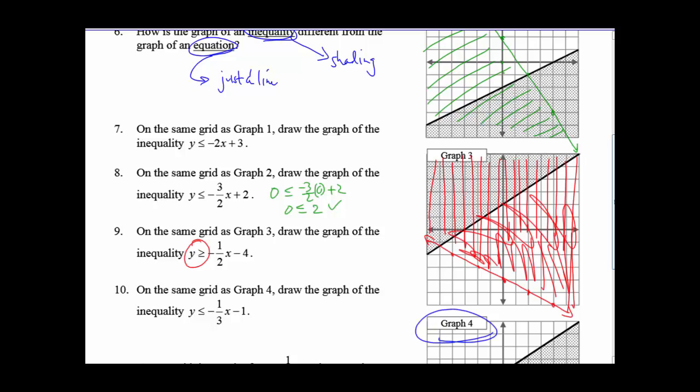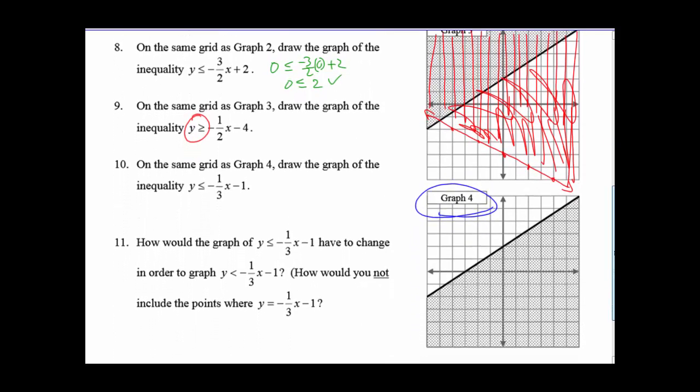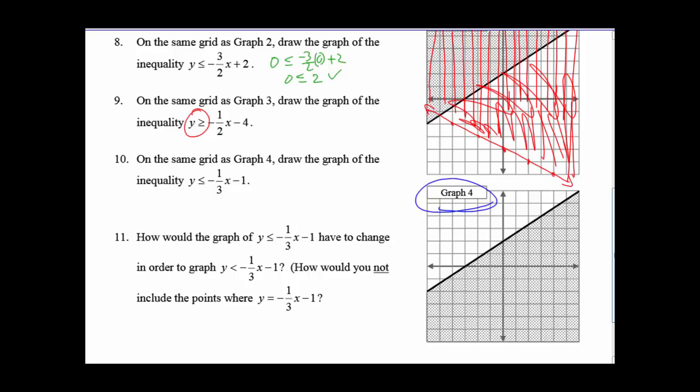And number 10, we need to draw the graph of the inequality y is less than or equal to negative 1/3 x minus 1. So if we start at 0, negative 1 on the y-axis, we're going to go down 1, right 3, down 1, right 3, go back to the original negative 1, up 1, left, up 1, left. We will get this graph here, and we are shading all the values that are now less than or